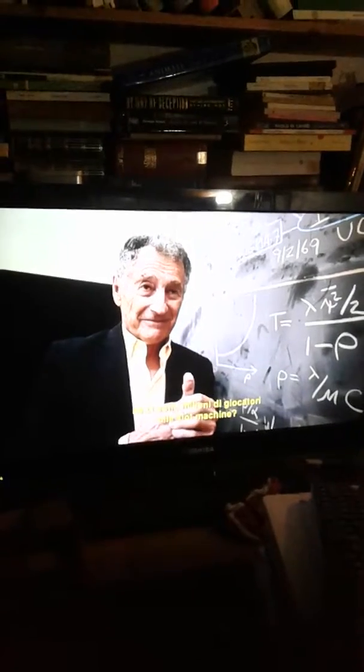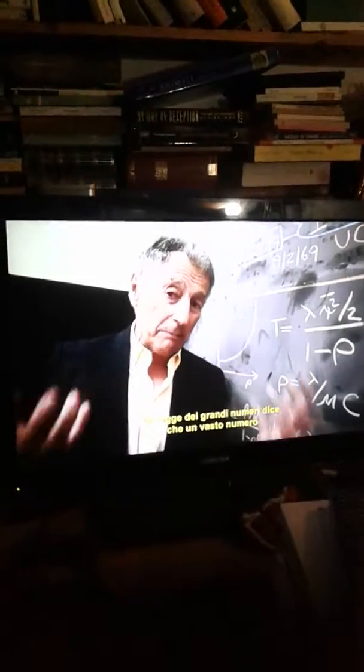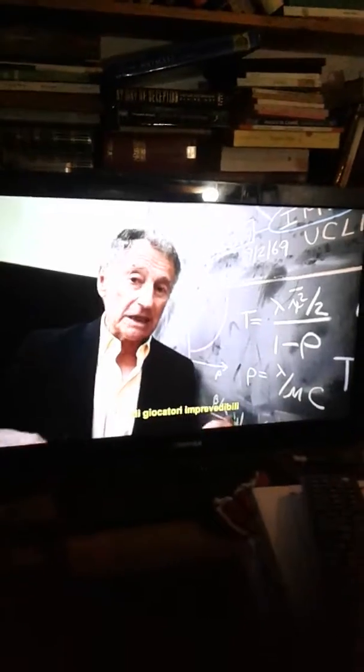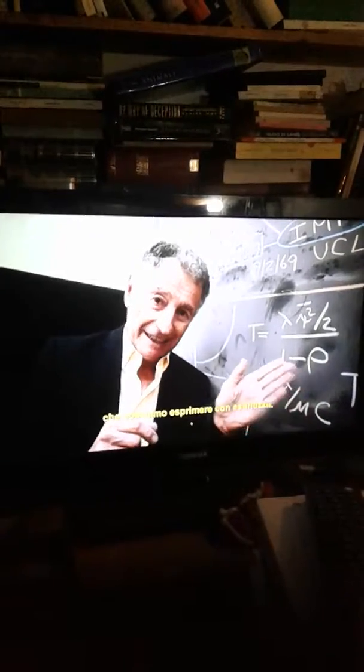Like a gambling casino that suddenly makes money if you have millions of gamblers at the slot machines. Very much so. You've articulated what we call the law of large numbers. The law of large numbers says that a large population of unpredictable players or messages collectively behaves in a very predictable fashion, a fashion we can write down exactly. And therefore we can predict the performance of a network when it's large. The underlying technology